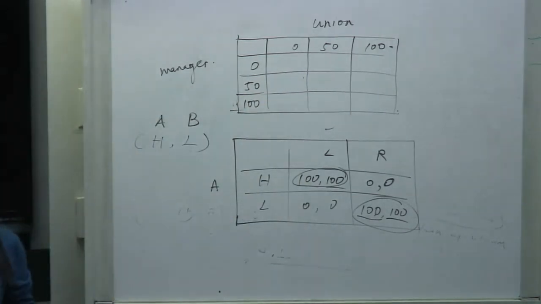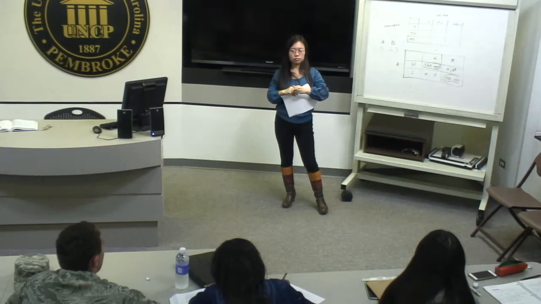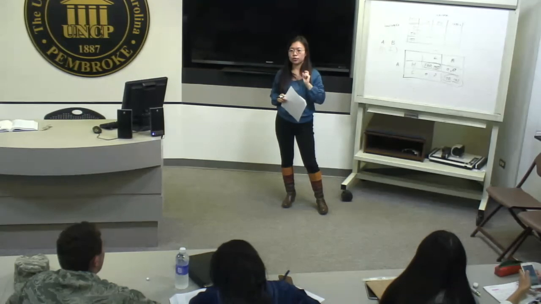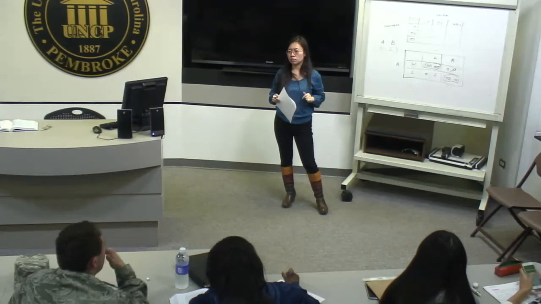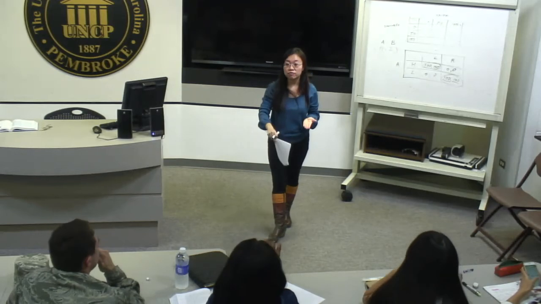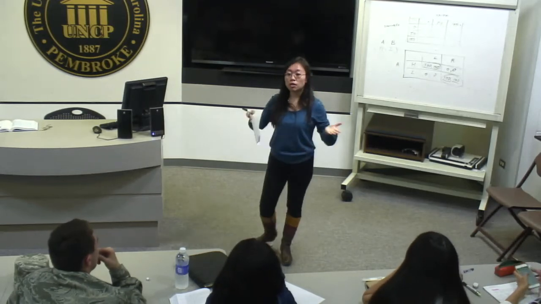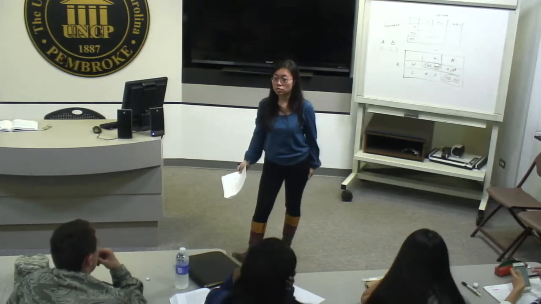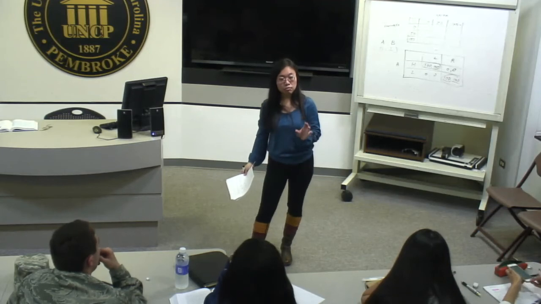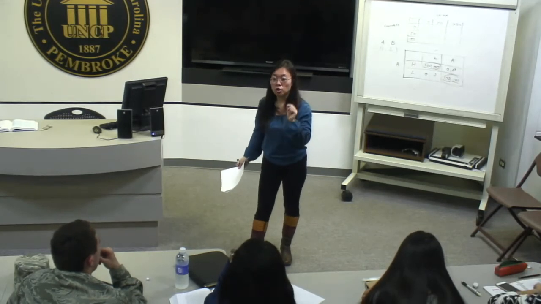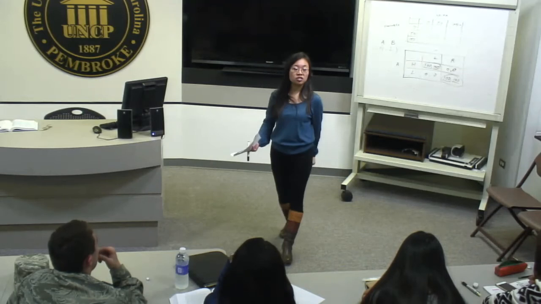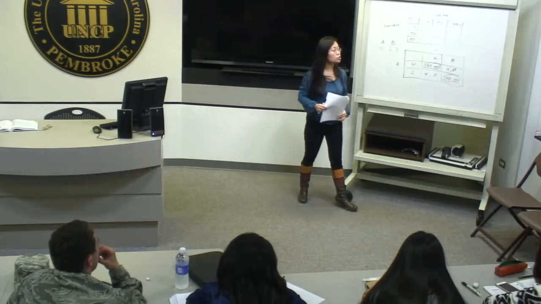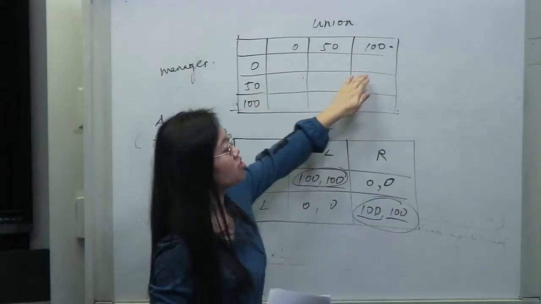The rule of the game is this. If the sum of these 2 numbers is less than or equal to 100, then each party takes home that money. So if the union puts down 50 and the manager puts down 50, the sum is equal to 100, so each one of them is going to take home $50. However, if the sum is greater than 100, then they take home nothing. Not only do they take home nothing, they have to give up $1. Okay. So I want you to think about how we put those payoffs here based on that story.